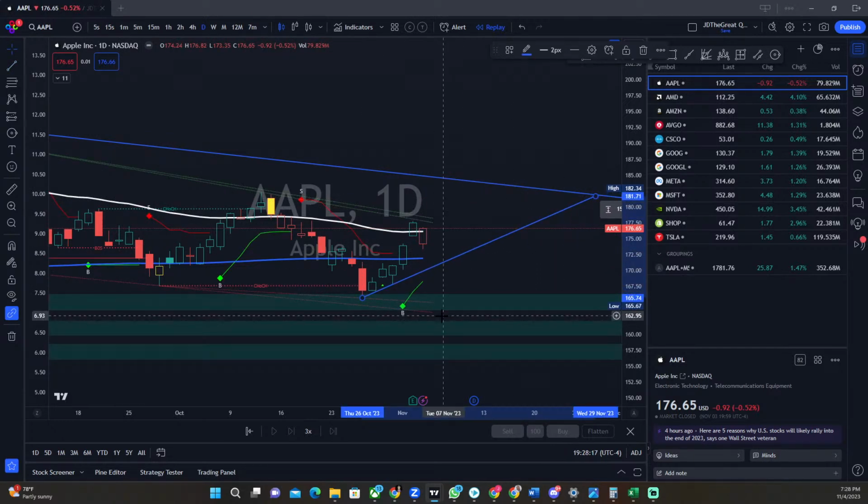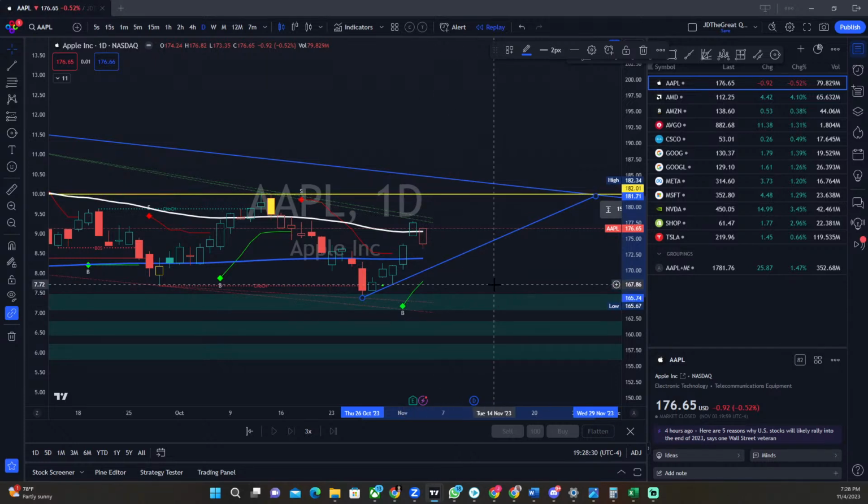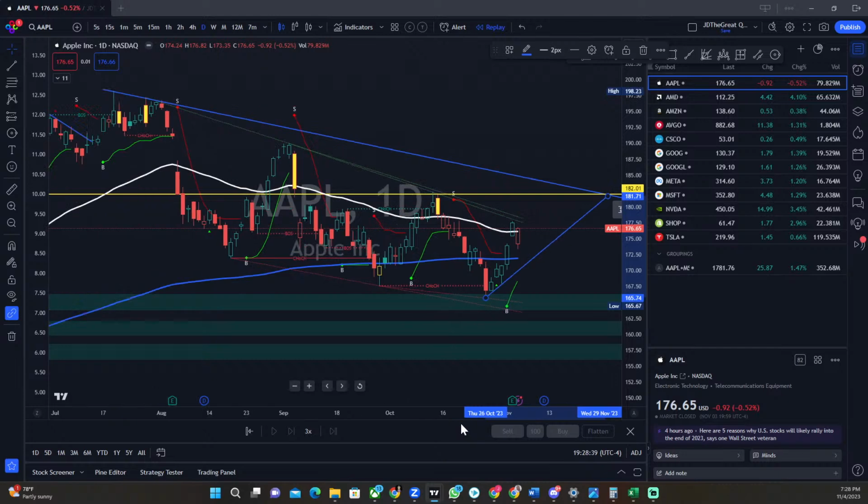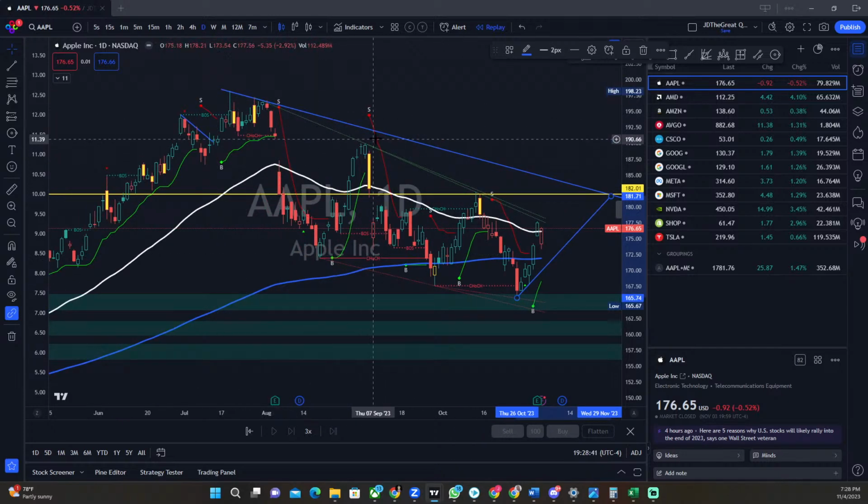Bang. That is letting me know that there is a potential upside here, and if there's any support, it's going to be here. I do need to see a little bit of a change in character. I want to see us break 182 if Apple is going to be bullish, and you heard it here first, right? If we break this 182, we will retest the high.